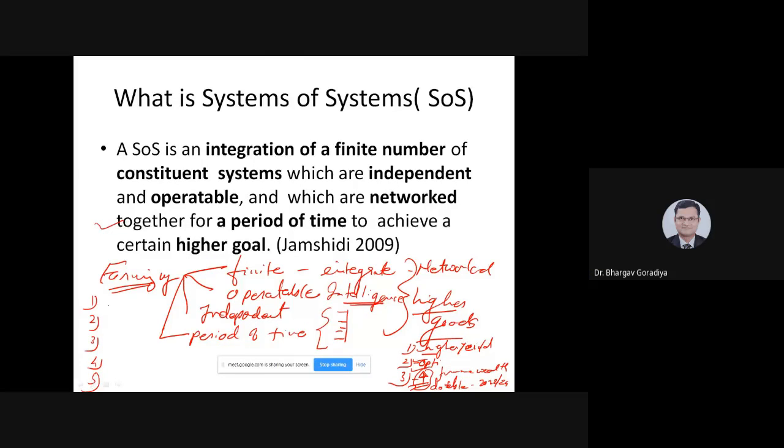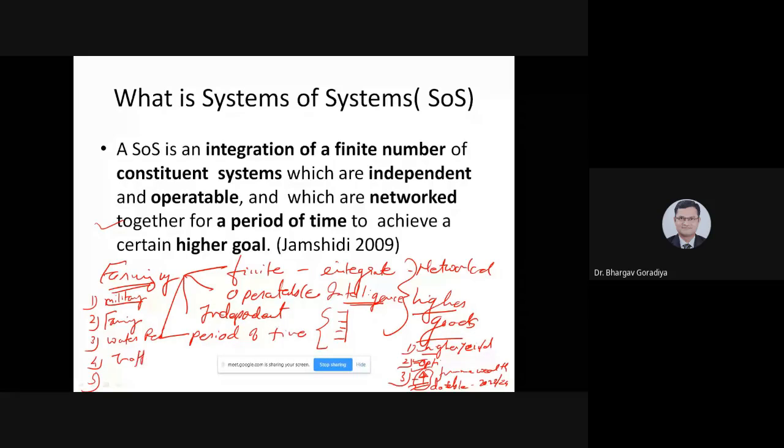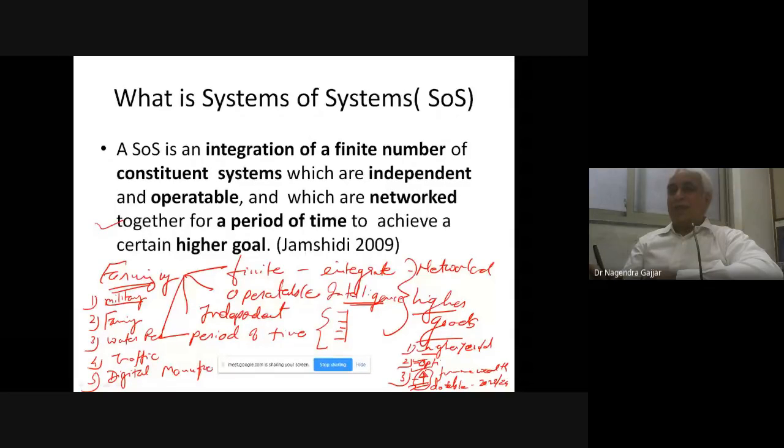Sir, we have designed one assignment in this manner, and we are going to give at least a couple of days. Right. So farming application, then we can say water resource management, right? We can say traffic management, right? We can say digital manufacturing mechanism. So these are some of the areas, and where you have to identify and clarify with clarity, you should say integration of finite number of